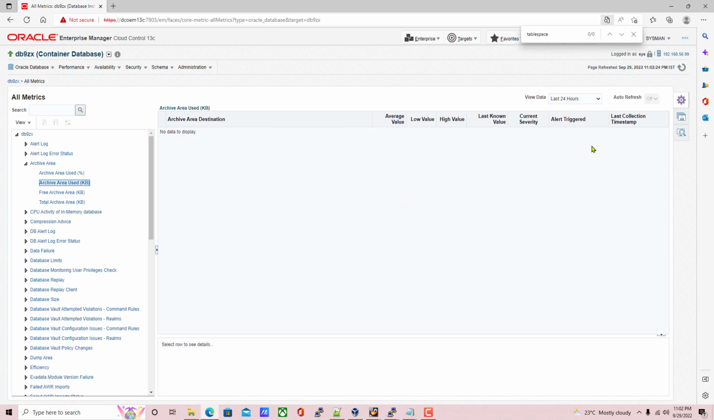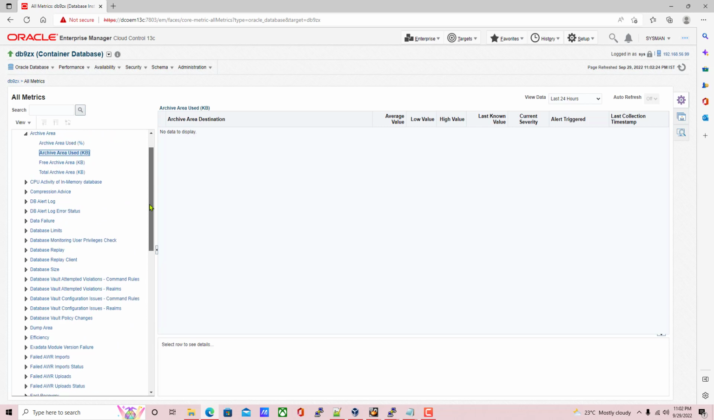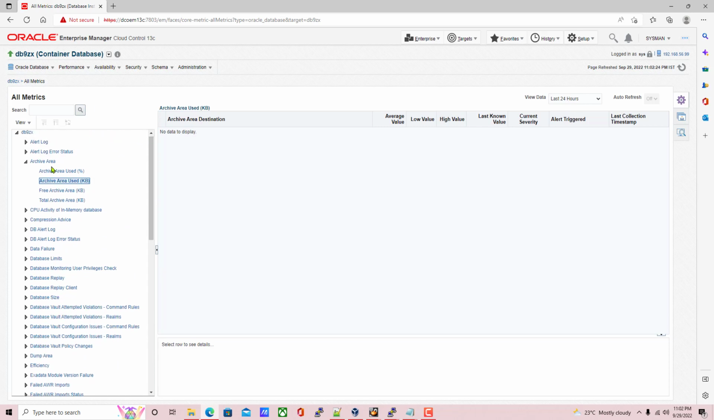Okay, so now you have configured the particular target in OEM. Okay, so now you don't need to do anything unless you want to add any extra metrics over here, like tablespace or backup related information, you need to add these metrics over here. That's it. Okay,